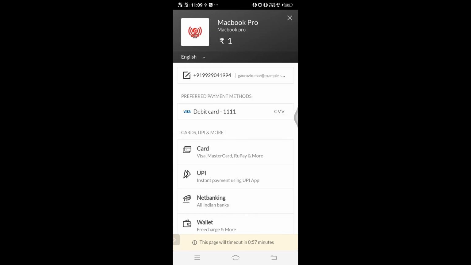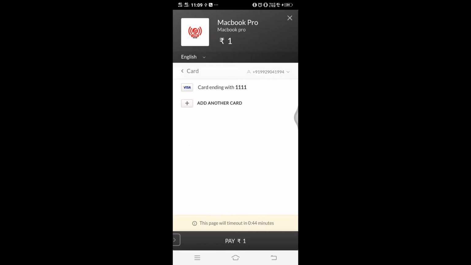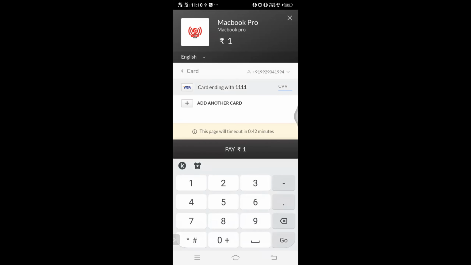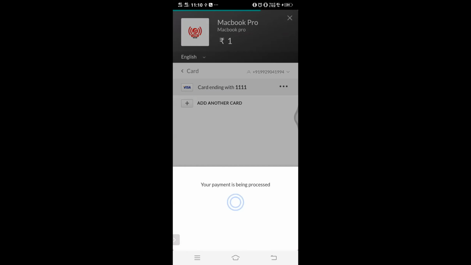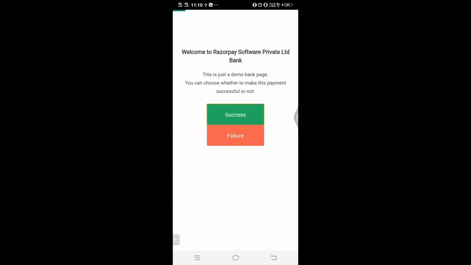Can you see the color, this header color? I have changed nothing in my code. I have simply changed the configuration setting on Razorpay. So if I click on card, then the card ending with this, then 123 pay 1. Okay, clear?